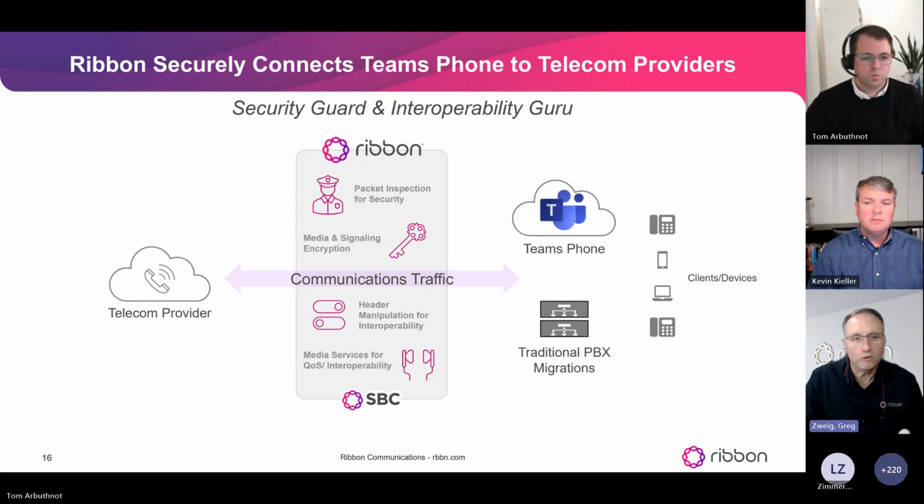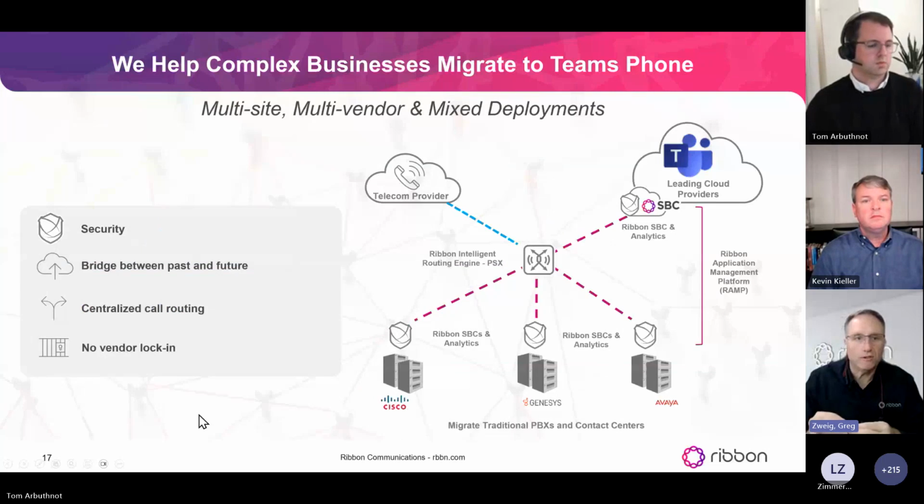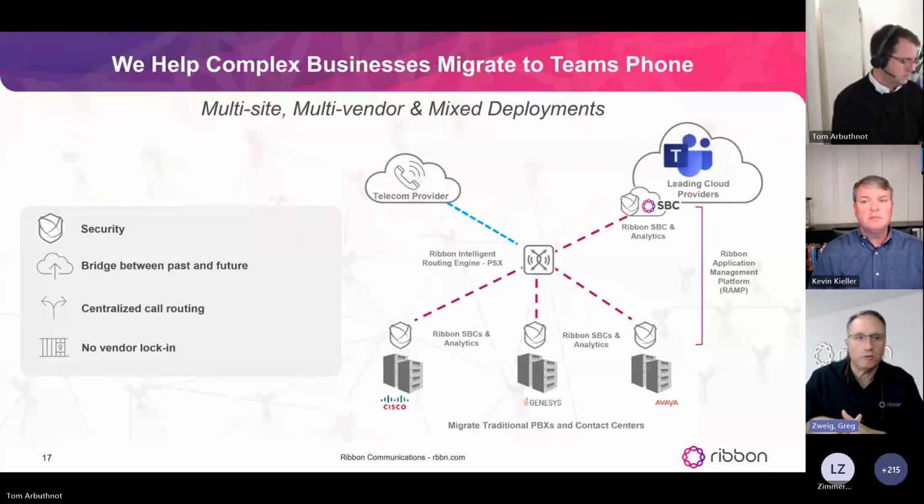And so Ribbon SBCs can be deployed as hardware, as software, or as cloud services, and we can enable people to integrate all of those important legacy pieces. It may not be the most important part of your phone deployment, but some of those little things keep everybody working and make it easy for everyone to continue doing their job, even as you transition from old technology to new. And then if you bounce to the next slide, Tom,